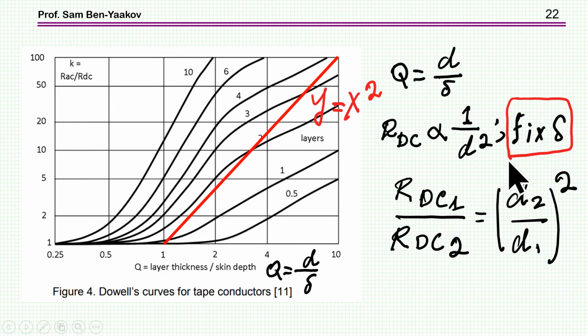This for a given delta, that is for a given frequency, material,